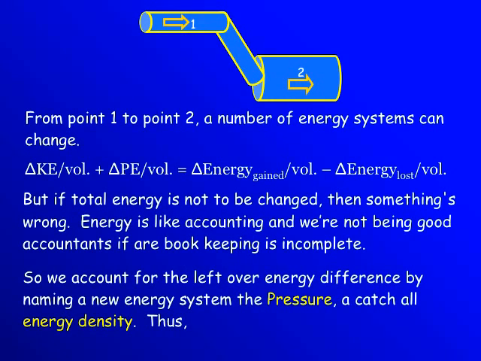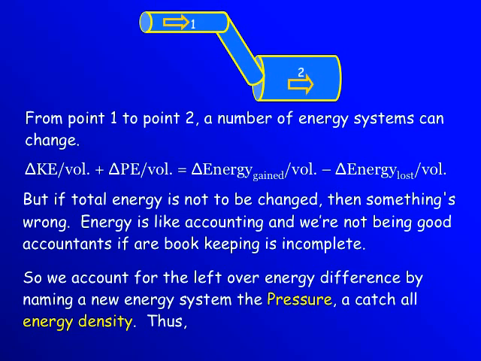But the total energy should be constant. The total energy has changed if the kinetic energy and the potential energy are both decreasing. So we're missing something. An energy conservation equation is like accounting. We're accounting for all the forms of energy. We're not being good accountants if we can't keep the books straight. The bookkeeping is incomplete if we can't talk about the losses of energy without saying where they get lost to.